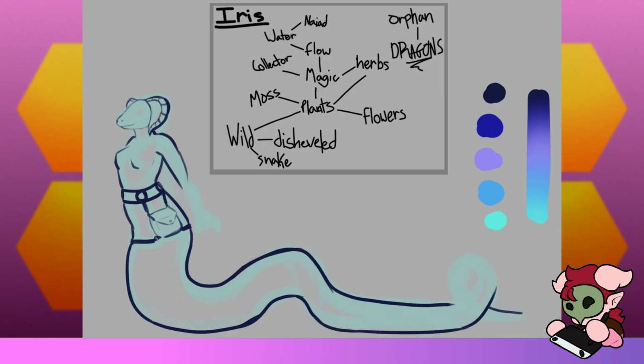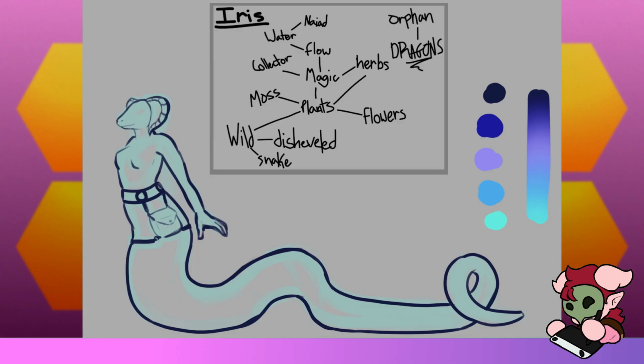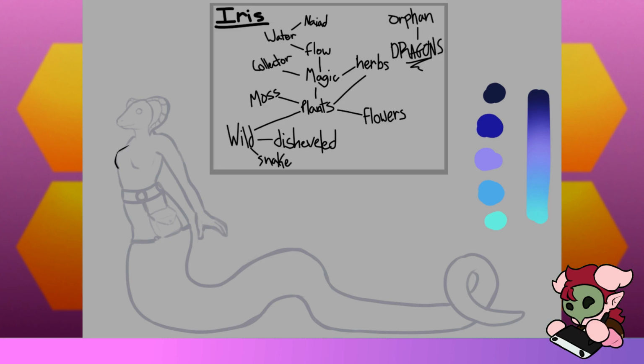I also liked how this connected her to an existing part of Nideo Vivus, instead of just throwing her in. When I was looking at the options of species I have already decided will exist for Nideo Vivus, the snake people jumped out at me as an option. The snake people aren't real. I wasn't quite sold on it for Iris though, until I was doodling in my sketchbook and thought of giving